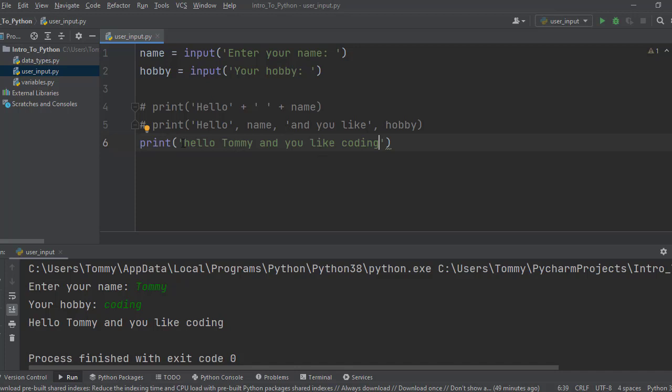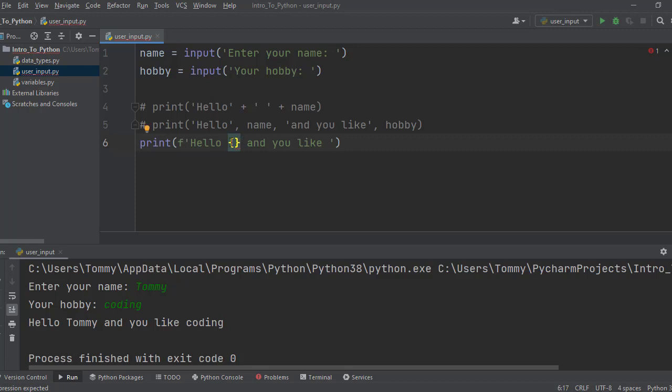So that is where F strings come in handy, and we declare F strings just by putting lowercase f in front of the string. So F comes before the first opening quote, and then that will be an F string. So let me capitalize this. Is just something I like to do. So inside an F string, let me delete this one because this is where we will take the user input. Inside an F string, wherever we want a variable to be, you put this open and close curly brackets